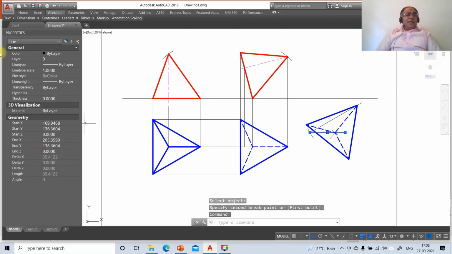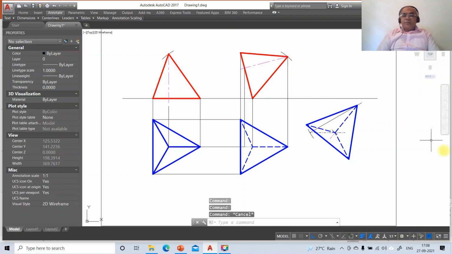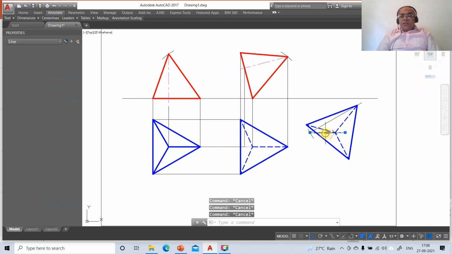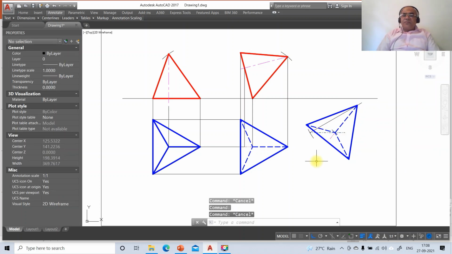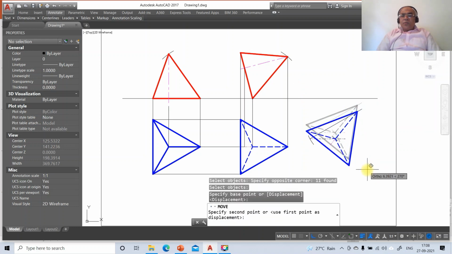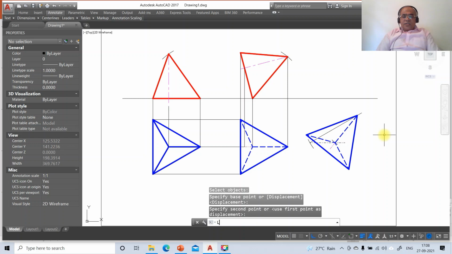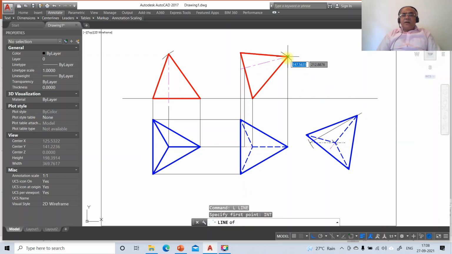then you select this line and go to layer, make that layer as locus layer and then you just go to 5. So you can see that. So here the locus layer will be of this. Now you take move, you just bring it down, then you just go to line, take int of this and